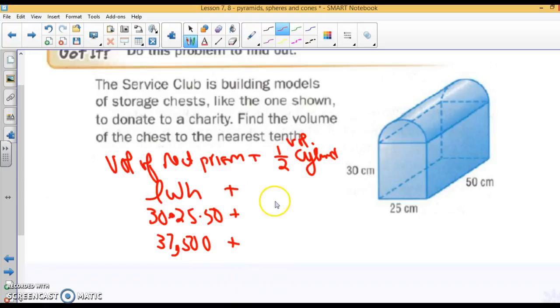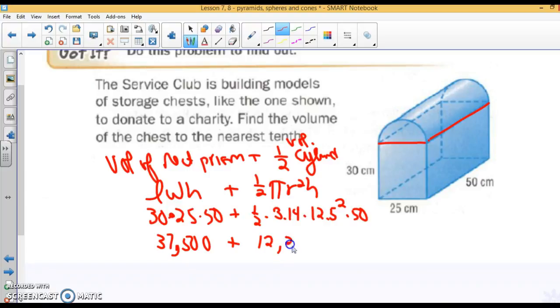Volume of the cylinder is pi r squared H, but I only have half of it, so I'm going to put a half in there. So I end up with 1/2 times 3.14 times the radius of this thing. Well, that's the diameter, that's 25, so my radius is going to be 12.5 squared, and the height is the distance between the two bases, that would be 50. You will get 12,265.6, and when you add those, 49,765.6 cubic